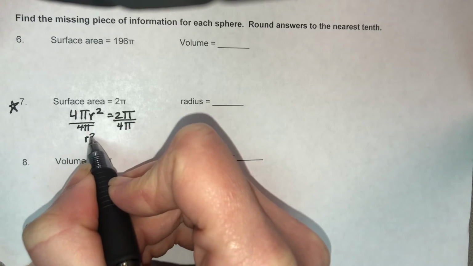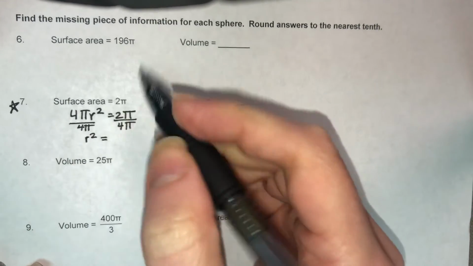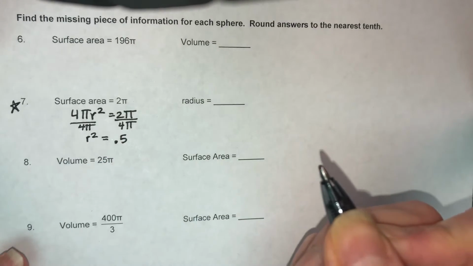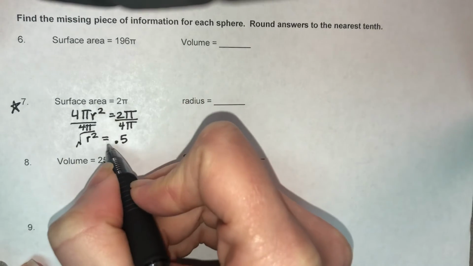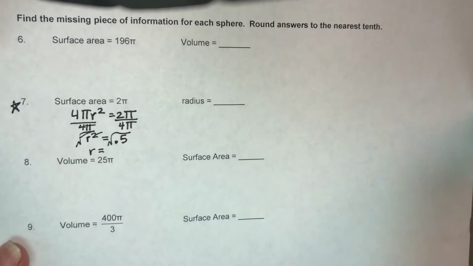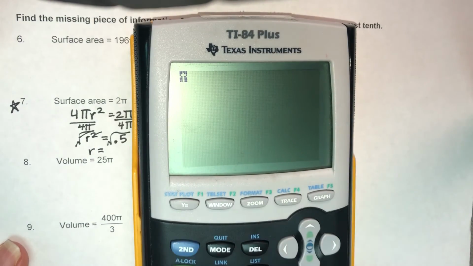So I'll have r squared equals, those pi's cancel out, and 2 divided by 4 equals 0.5 or 1/2. Then I'm going to take the square root on both sides to cancel out a square. And so the square root of 0.5 is going to be